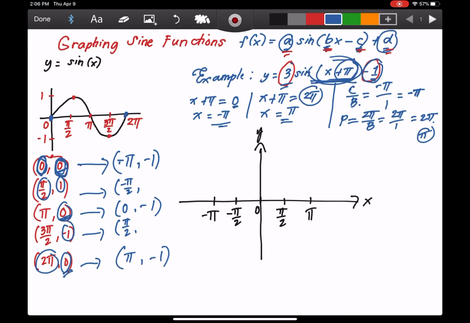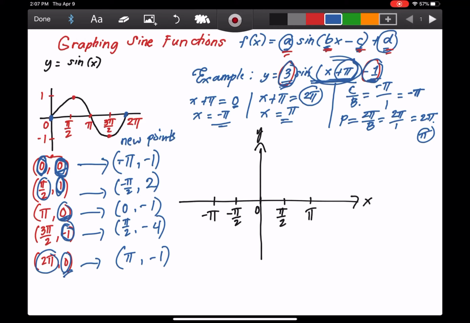What about the second point, right here? Same procedure: we multiply that 1 by 3, so that's 3 minus 1, that's 2. And one more point, this is negative 1. Multiply negative 1 by 3, that's negative 3, minus 1 is negative 4. So these now are our new